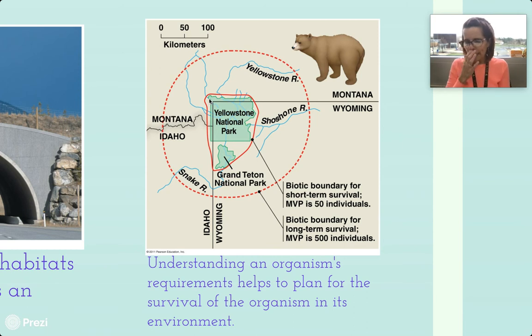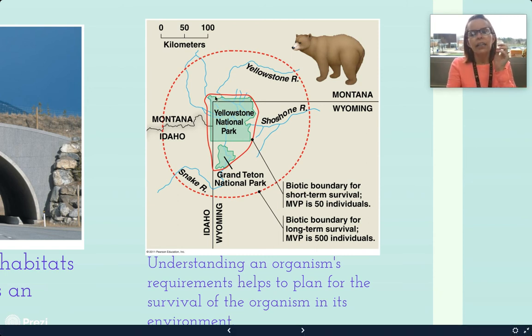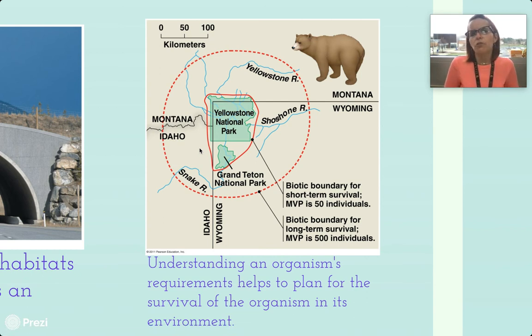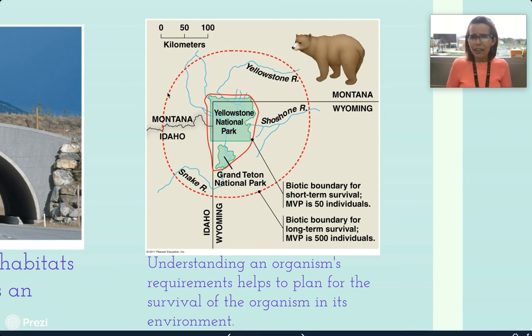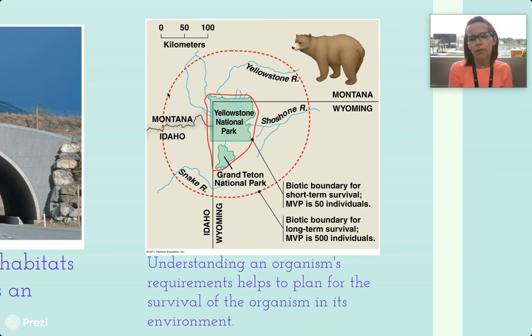What you're looking at here has to do with how many animals can live in that area. So the MVP stands for the minimum viable population. I had to think that one through. Minimum viable population. So in the red line, that territory could handle up to 50 grizzly bears. Notice that's not all protected area. There's a lot of area that human beings are located in. And so that's only 50 bears. To handle a population of 500 bears, the entire dotted line would need to be available for the grizzly bears.